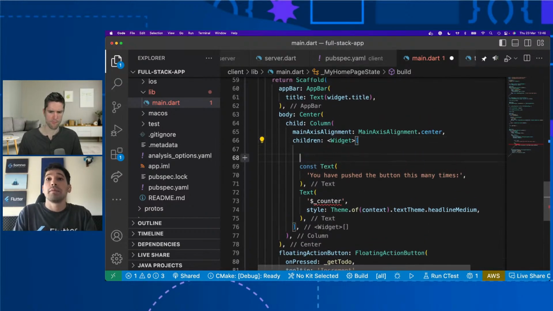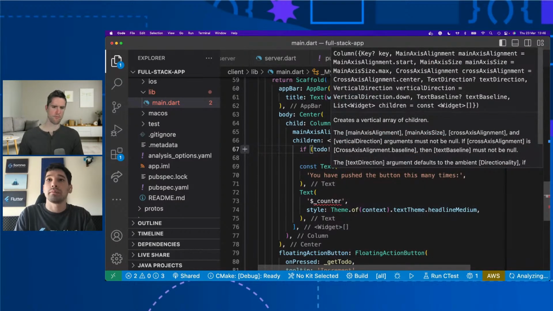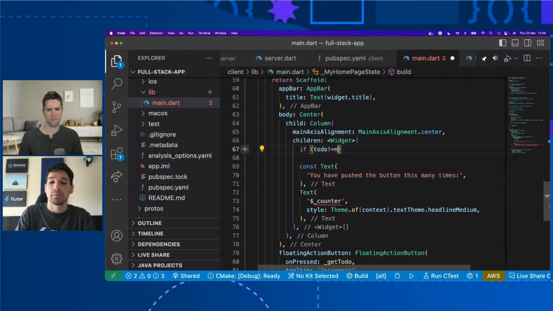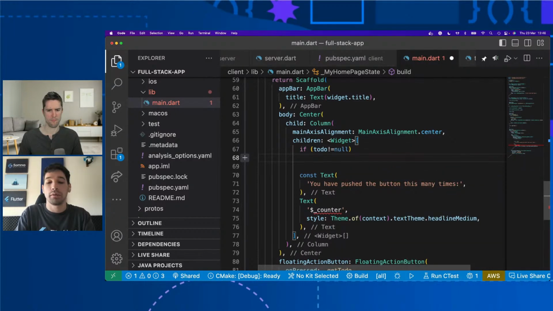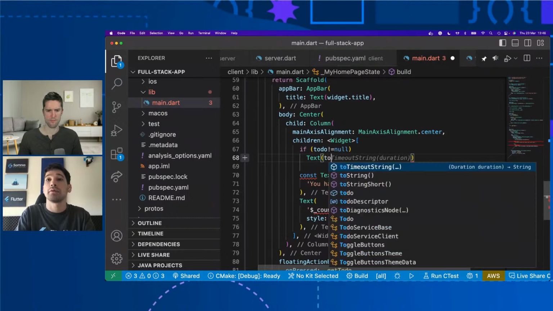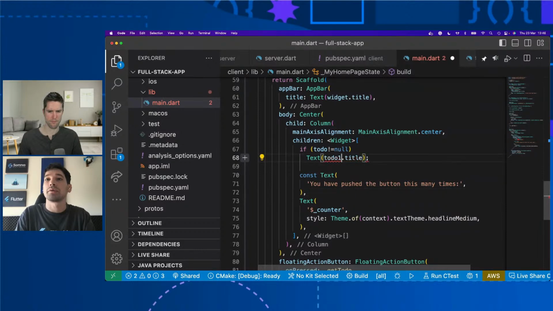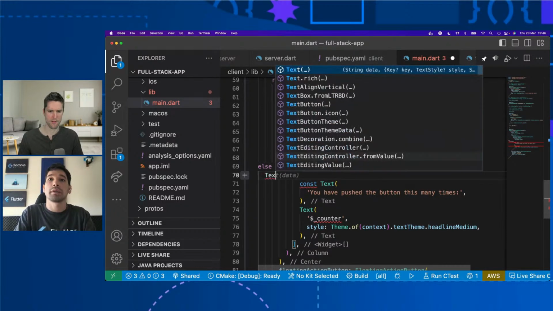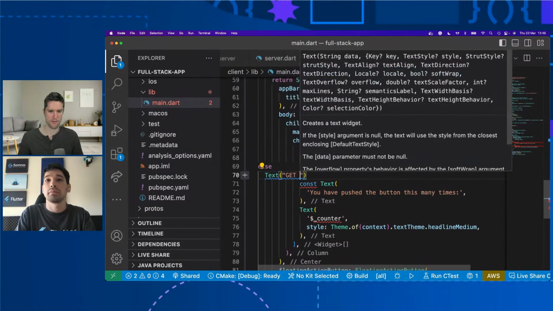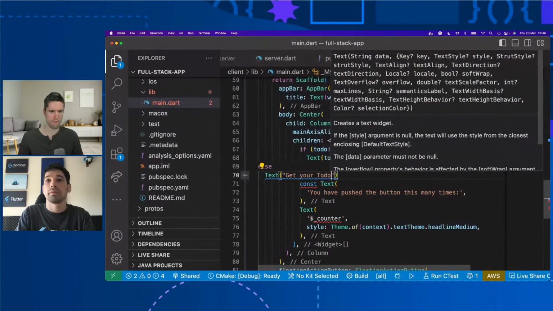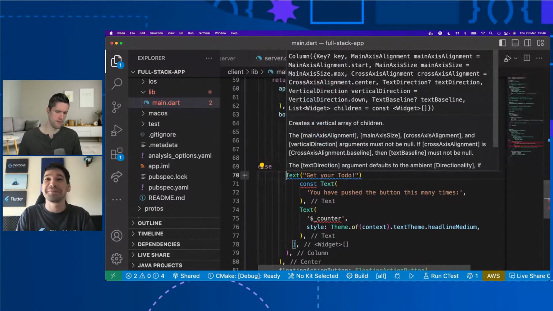And here maybe we can say, okay, if our to-do is different than null, we can display maybe a text with the title. Okay, we have to use the. Yep. Oh, right. So, okay, this is here. And else we can display maybe a text that would say get your to-do. I love it. Perfect. Really simple, yep.